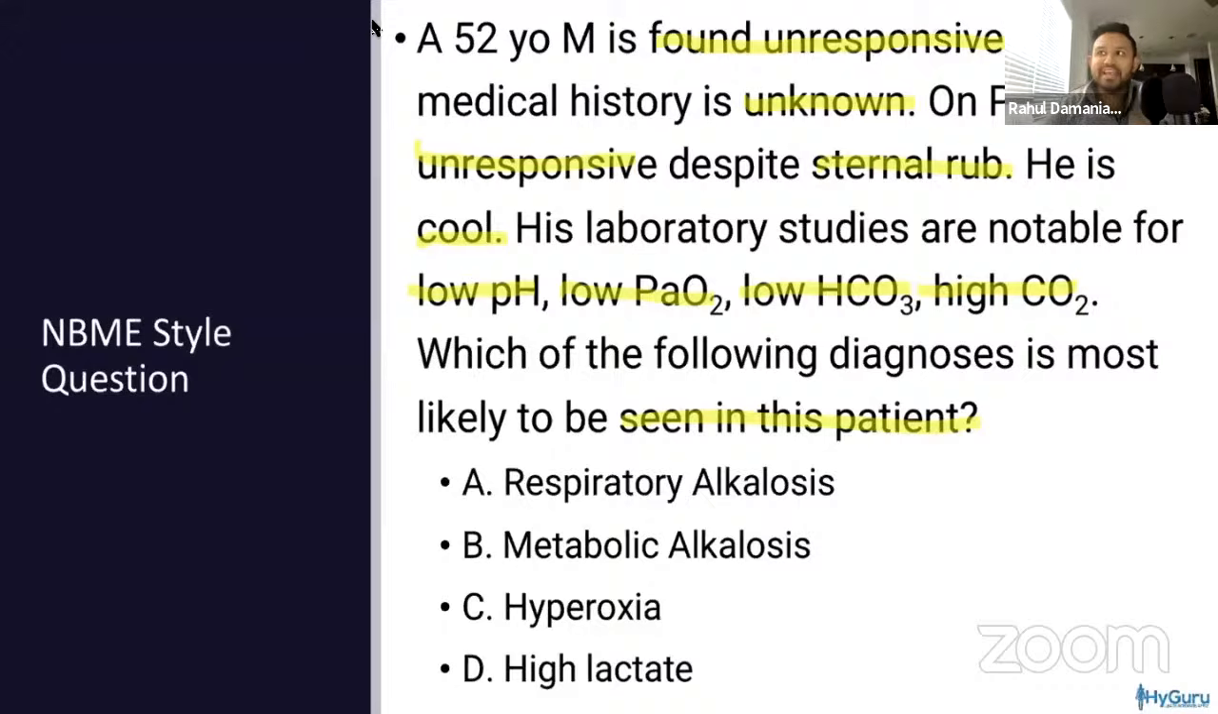Go ahead and put that into the chat right now. And yeah, we just covered this concept. So everybody in the chat is putting D. And if you put D, you're absolutely correct. High lactate. Now, what is high yield for us to know is that elevated lactate is only one of the